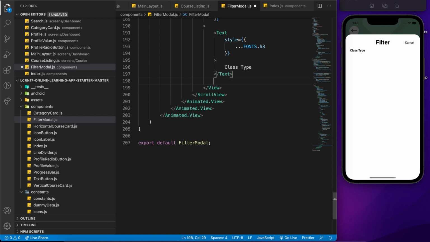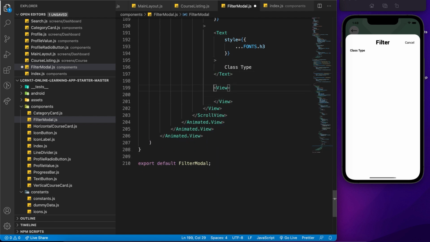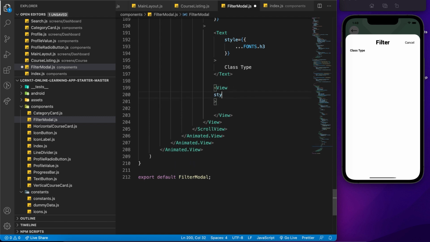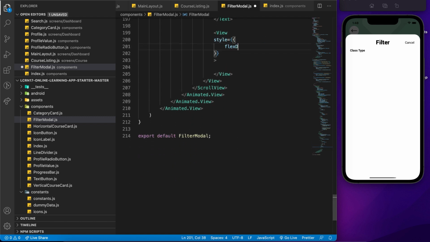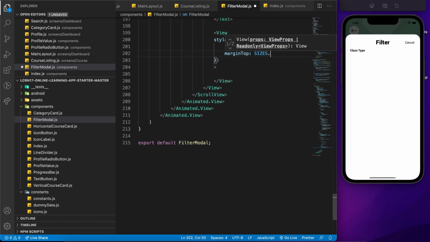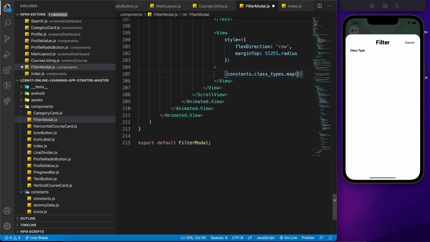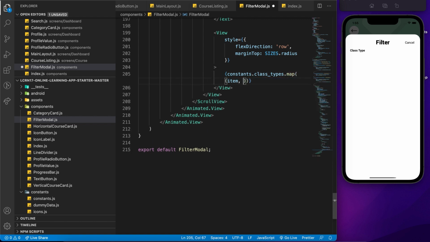After the text component, I'm going to render a container view, give it a bit of styling. Flex direction is going to be row. Margin top is going to be sizes.radius. And over here, I'm going to make use of the map method to render all the class type option components that we have just created. So constants.class types.map. Over here we have item, index,